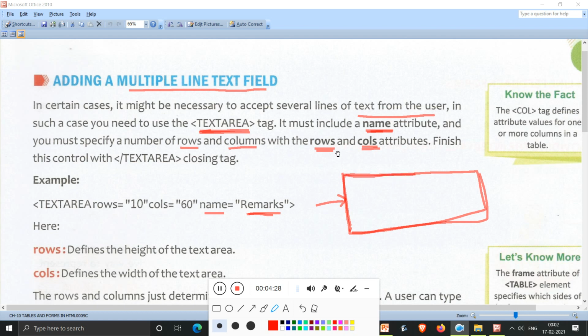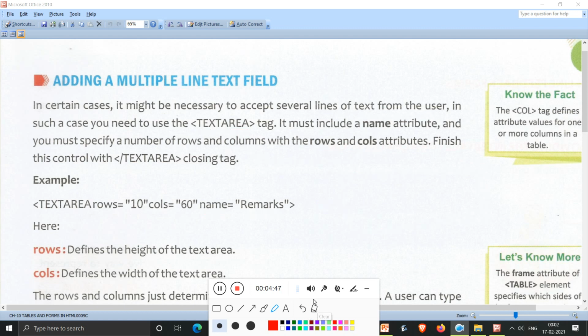And the cols attribute, not columns, COLS, determines the width of your multiple line text field. So along with the textarea tag, we'll be using three attributes: name, rows, and cols.